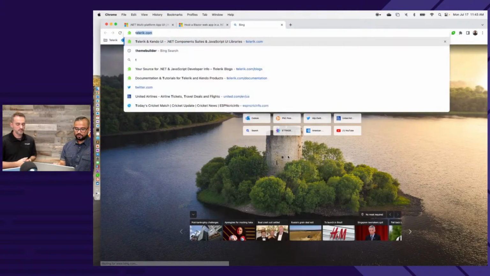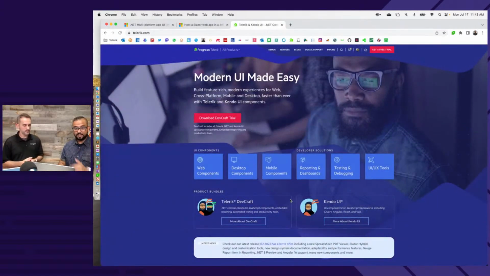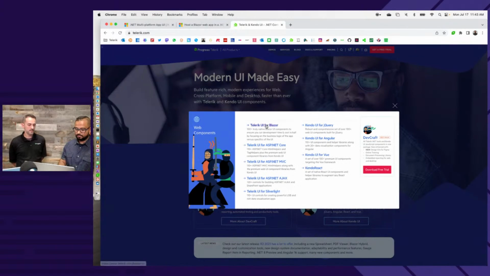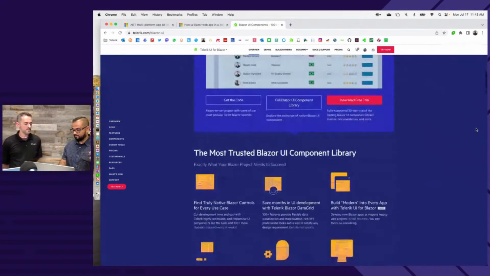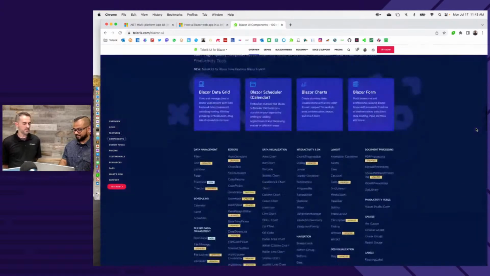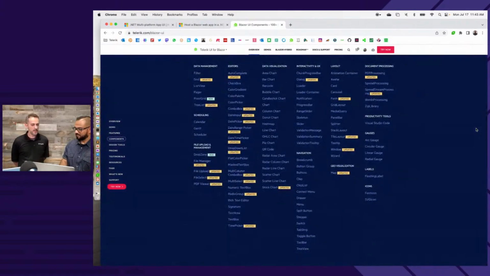So let's go into some of the bits that Ed and I work on, all of our Telerik bits. If I go into the web component suite like Blazor here, this is 5 years in the making. We have like 150 plus UI components. It's about 110 plus. 110 plus, still a lot. It's a lot. For modern web apps that shine on any browser. But then you can actually start envisioning bringing this over to outside of web as well.